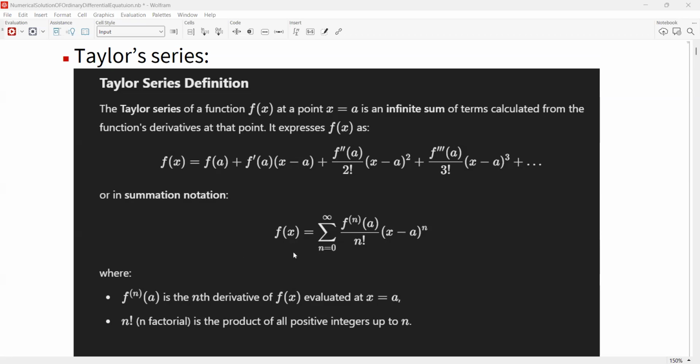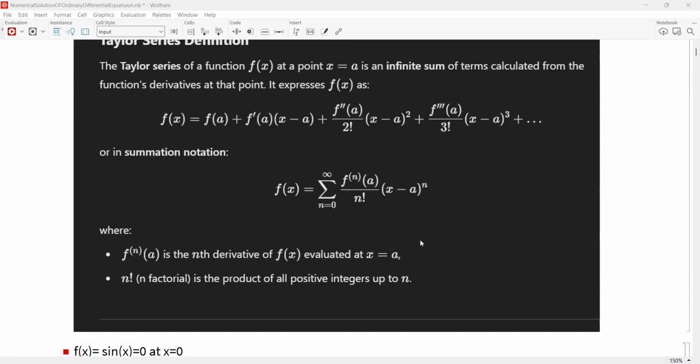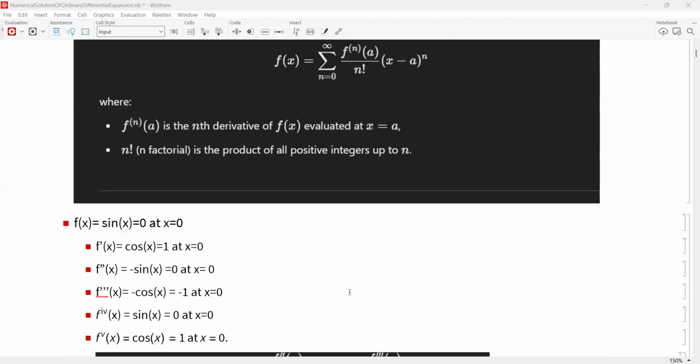Or in summation, we have f of x equal to the summation from n equal to 0 to infinity of the nth derivative of f at a over n factorial times x minus a raised to the n. Here f superscript n is the nth derivative of f of x evaluated at x equal to a, and n factorial is the product of all positive integers up to n. So we have an example of the